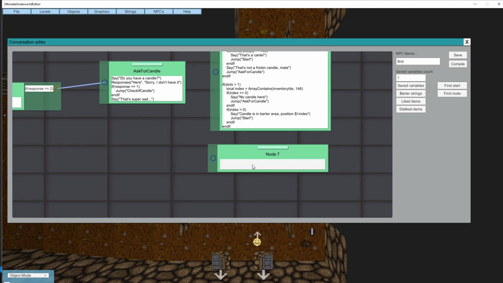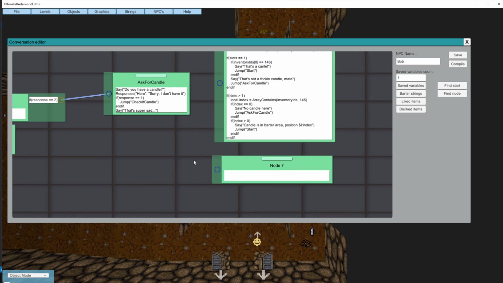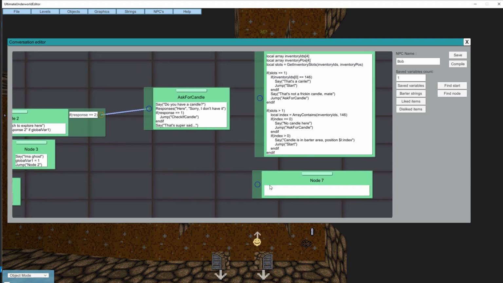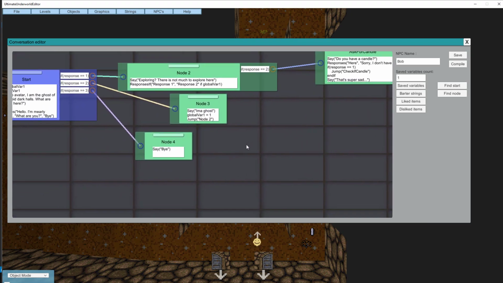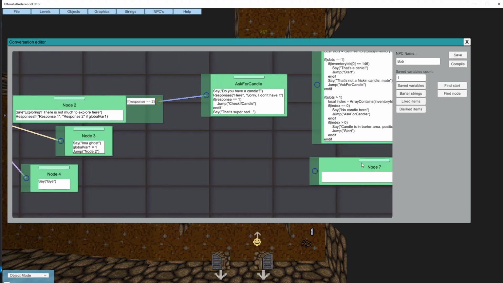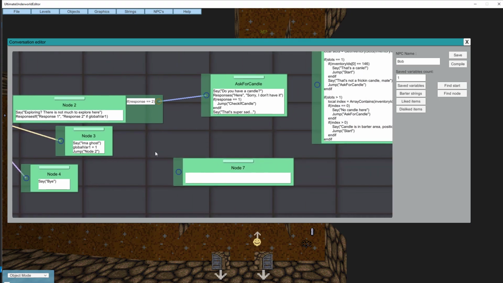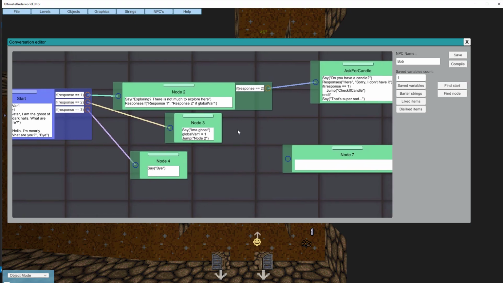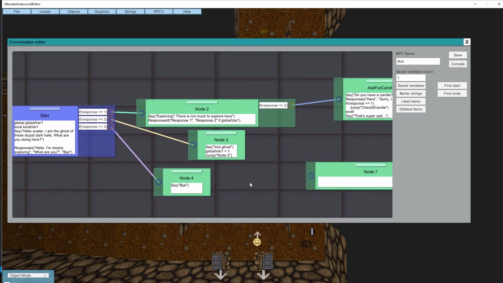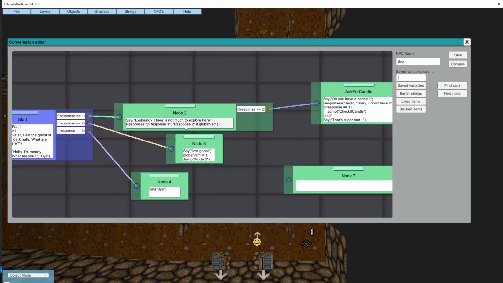That would work. But if you are a bit more lazy or just want to check for one exact type of item, you can call a tiny function. Well, not tiny, just a little smaller. So if response 1, let's say,